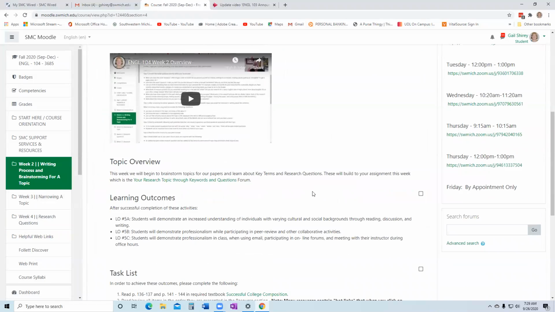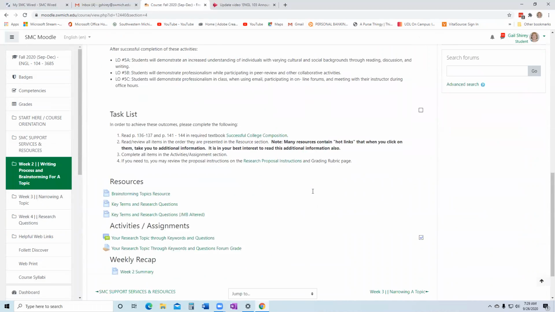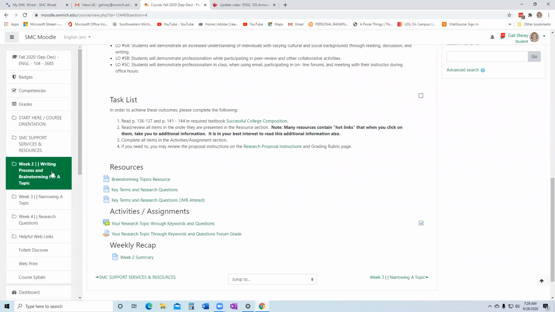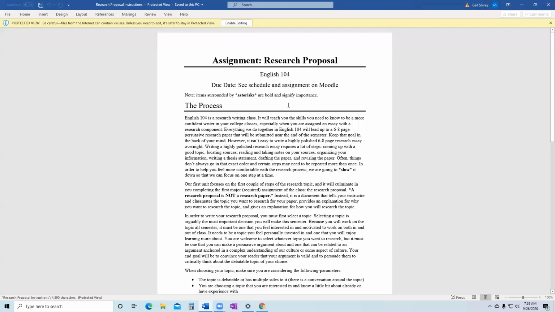Let me quickly pop back and see where I provided the information for what we're going to be writing on. Yeah, research proposal instructions. If you pop back into week 2, they are right there, and you can download that and go over the instructions.